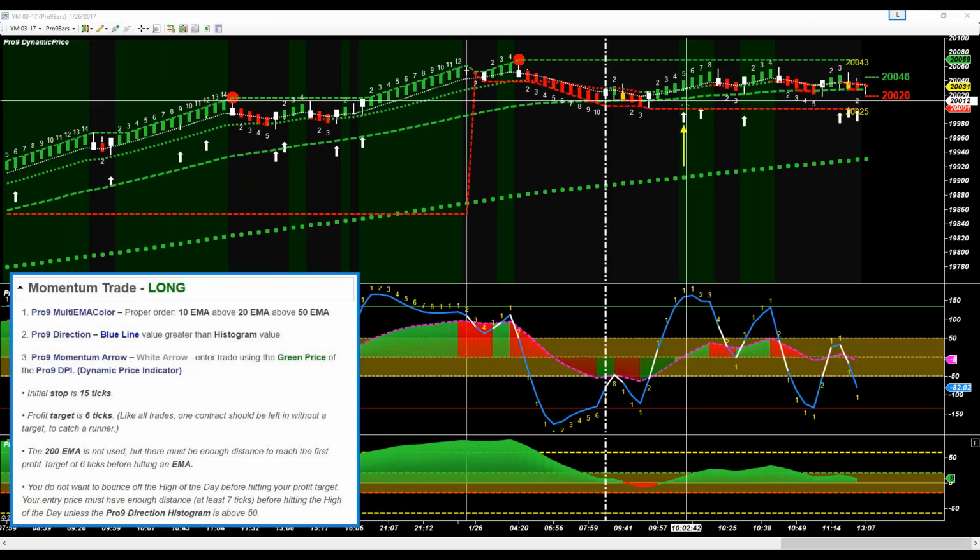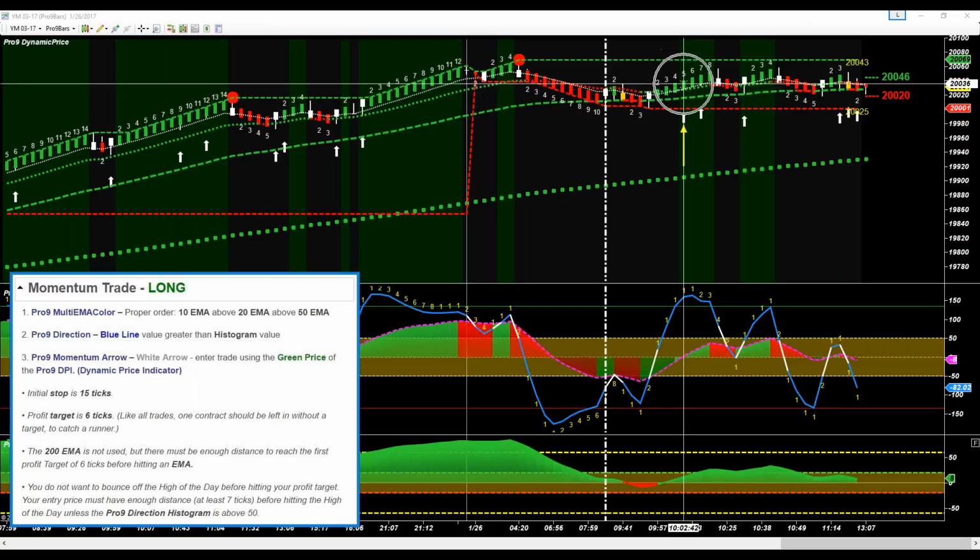I personally like to look at the EMAs, just how I learned, so I'm used to that. I do like the colored background as extra confirmation, in case it's a little too close for me to tell, which may be the case here on bar 5. The 10 is right above the 20. So